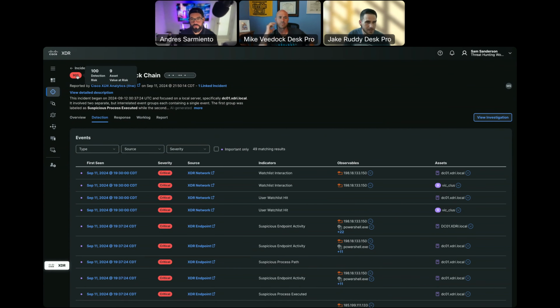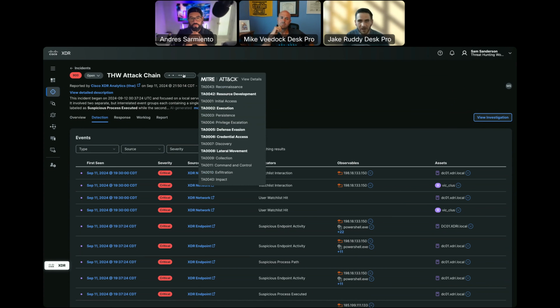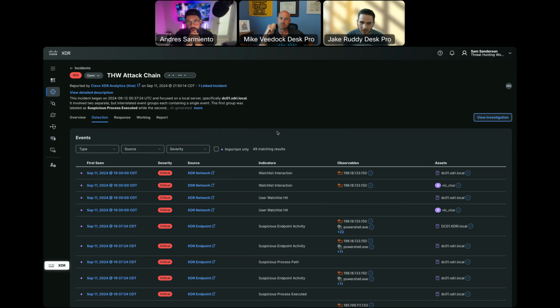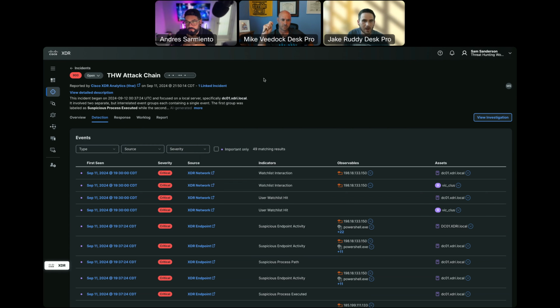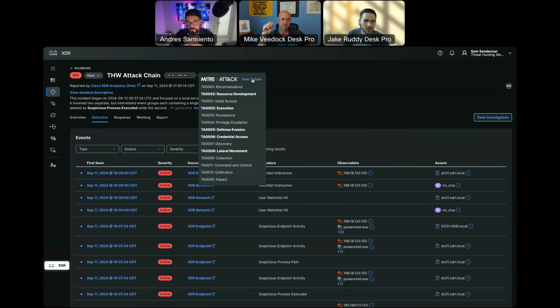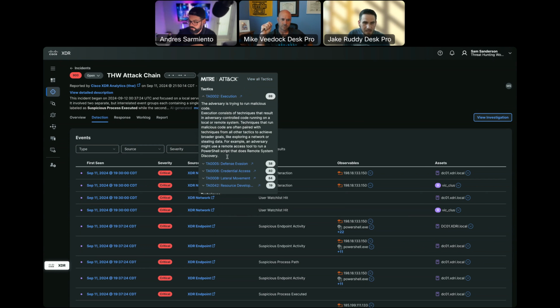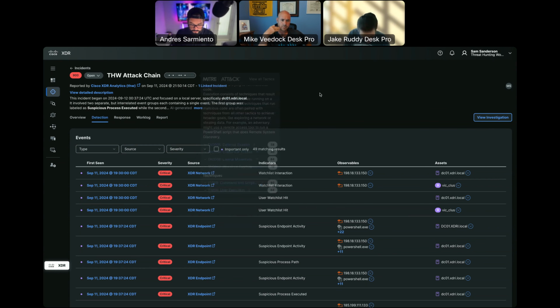Detection risk, the biggest piece that plays into that, again, back to MITRE, we track and map all those different tactics and techniques that were used in the entirety of the incident. I'm not just looking at, hey, what tactic does suspicious endpoint activity map to? I'm looking at, for all 49 of these different events, regardless of where they came from, Cisco or not, what are the multiple stages? How did we see this progress through the different tactics and techniques? So we've got 1, 2, 3, 4, 5 different tactics that were used in this overall incident. And then I can even see the techniques within each that were used.